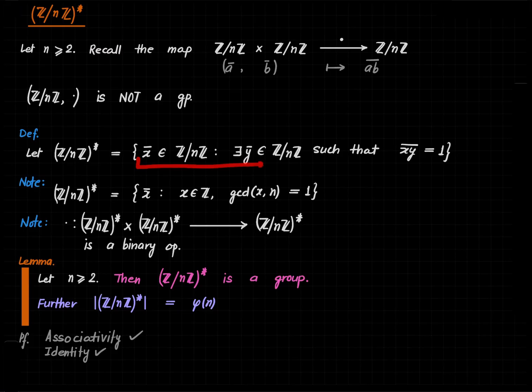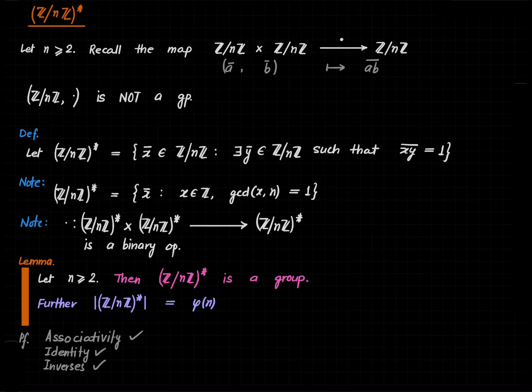So the problem was the inverses. We have forcefully defined Z mod nZ star so that everything has an inverse. And the thing that makes it click is that even after restriction to this set, the binary operation above remains a binary operation. That is the main technical input here, which was covered in the previous slide. So inverse is inbuilt,